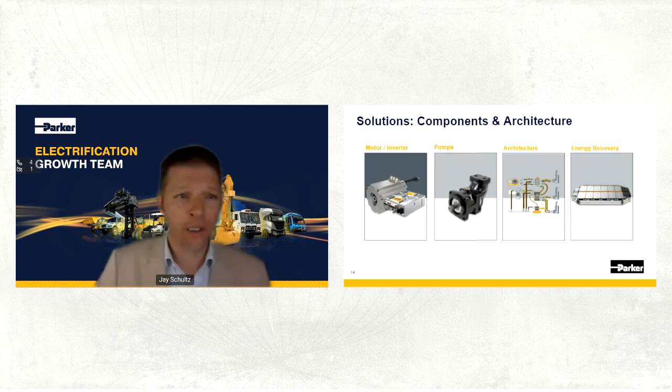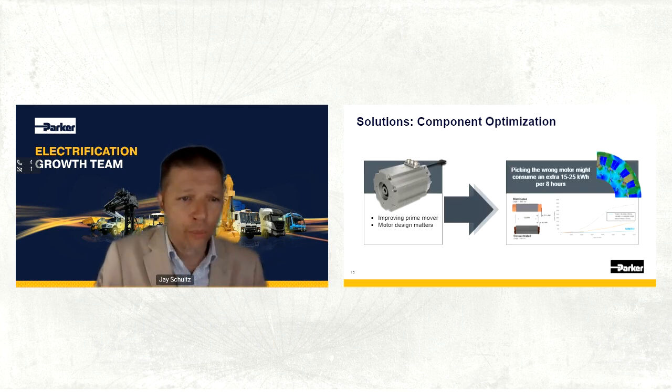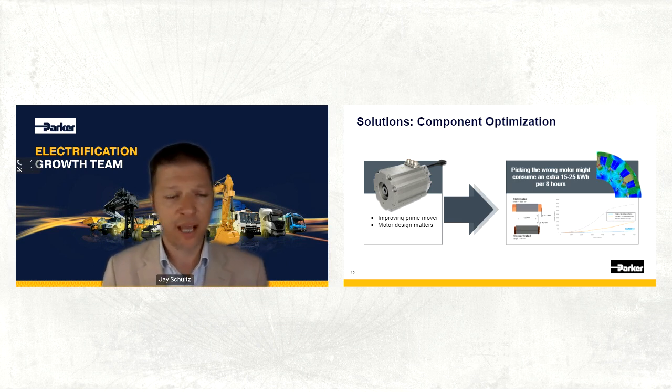And so let's look at these a little bit closer. The motor and inverter section, right? We're improving the prime mover from an internal combustion engine to an electric motor. And so motor design matters. There are a lot of different designs out there, but picking the right motor is not as simple as, oh, I'm just going to grab this motor out of a catalog and implement it in my system and away we go. Actually, permanent magnet motors, comparing all of the different architectures, are not the same. So one permanent magnet motor that's designed for mobile equipment versus another permanent magnet motor that's also designed for